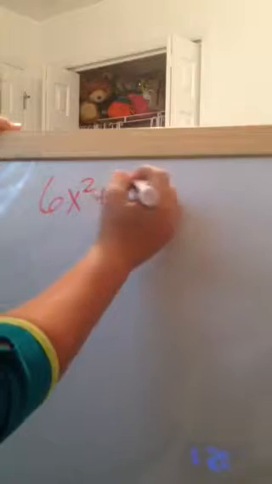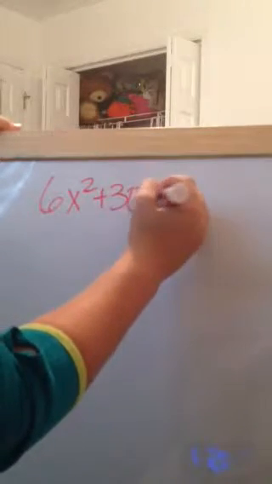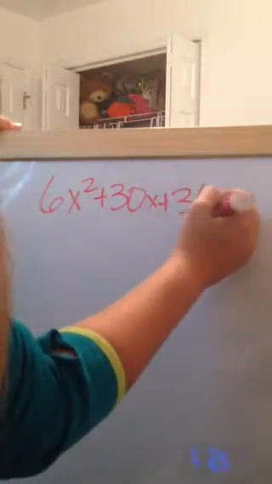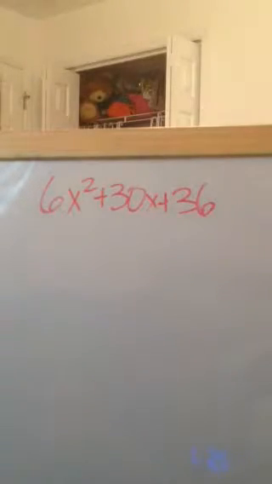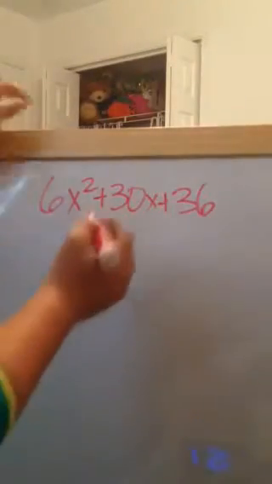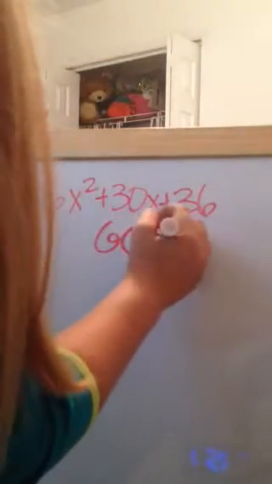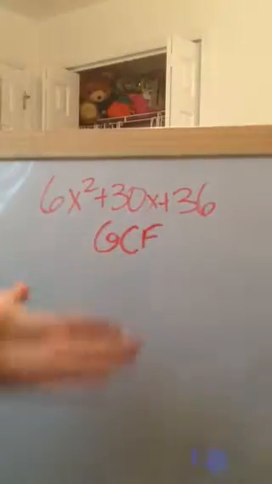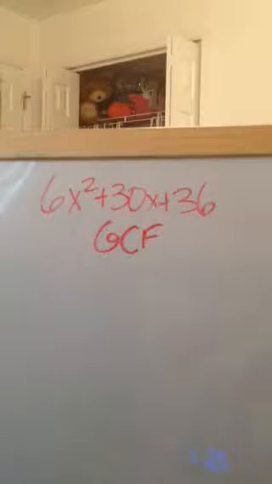Alright, today I'm going to be showing you how to factor quadratic expressions. And the first one I'm going to show you how to do is 6x squared plus 30x plus 36. We are going to factor this using what we call GCF, and that stands for greatest common factor. Pretty much that means that you're just going to pull out a greatest common factor from each of these